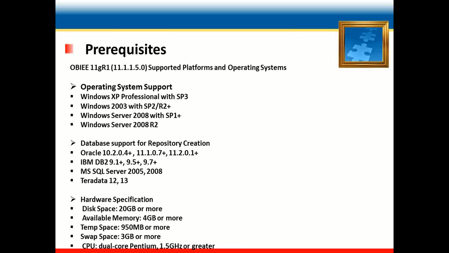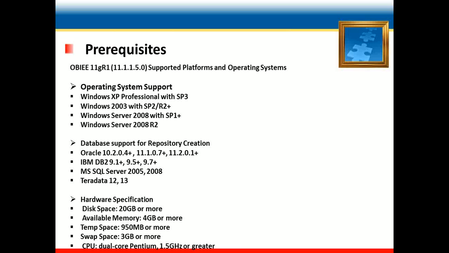And so the supported operating systems are, like I have mentioned in the slide, Windows XP Professional with SP3, Windows 2003 with SP2 R2 plus, Windows Server 2008 with SP1 plus, Windows Server 2008 R2, database support